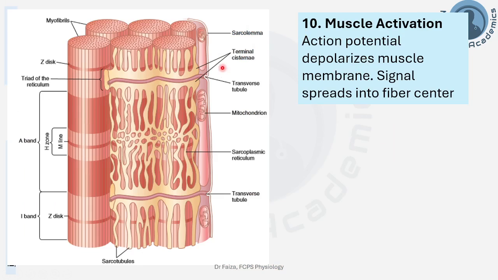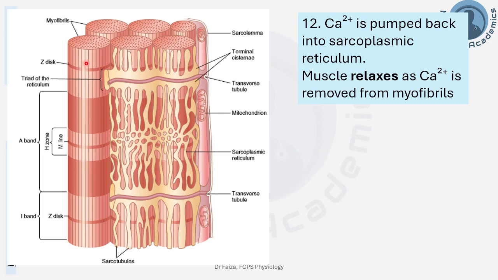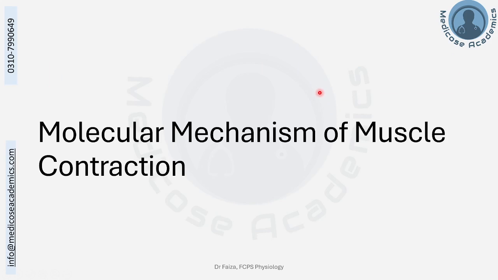Whereas the action potential which was produced on the muscle cell membrane will travel down through the transverse tubules inside the muscle fibers, which will then be communicated to the sarcoplasmic reticulum by the excitation contraction coupling. We will be looking at that in detail in another lecture. And this excitation contraction coupling will lead to the release of calcium from the sarcoplasmic reticulum to the sarcoplasm. And this calcium is then going to lead to the muscle contraction. As soon as the muscle signal is over, there is no more action potential, calcium will be pumped back into the sarcoplasmic reticulum and the muscle will relax. That is the general mechanism of muscle contraction.